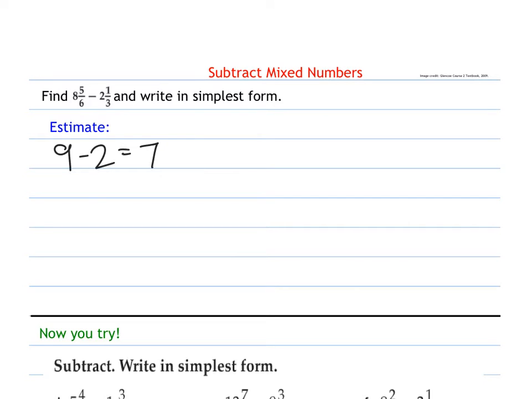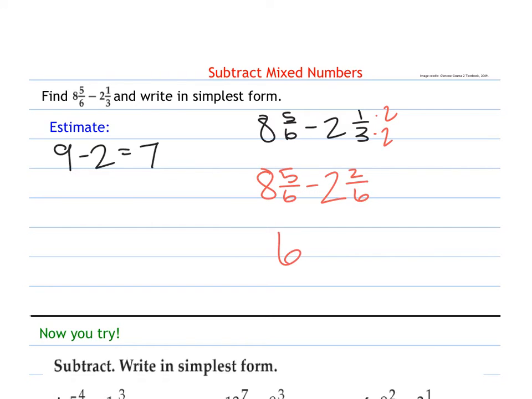So 8 and 5/6 minus 2 and 1/3. Common denominator between 3 and 6 is 6, so I'm going to multiply this side by 2 to get to 6. So I have 8 and 5/6 minus 2 and 2/6. Subtract the whole numbers. 8 minus 2 is 6. 5/6 minus 2/6 is 3/6, which can simplify